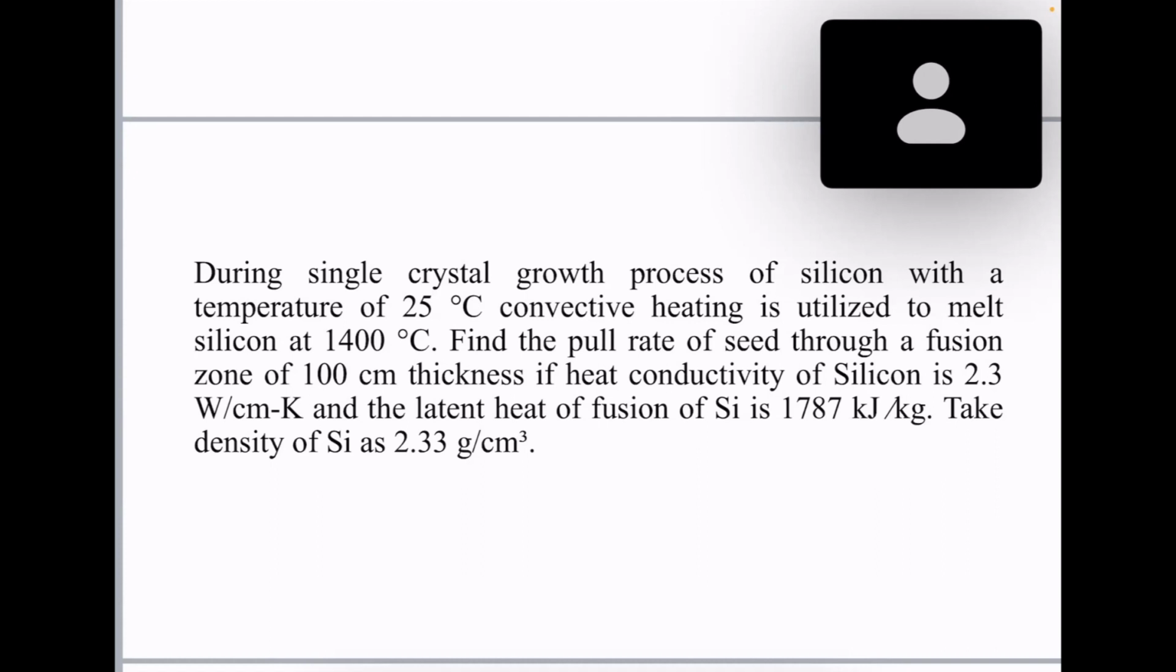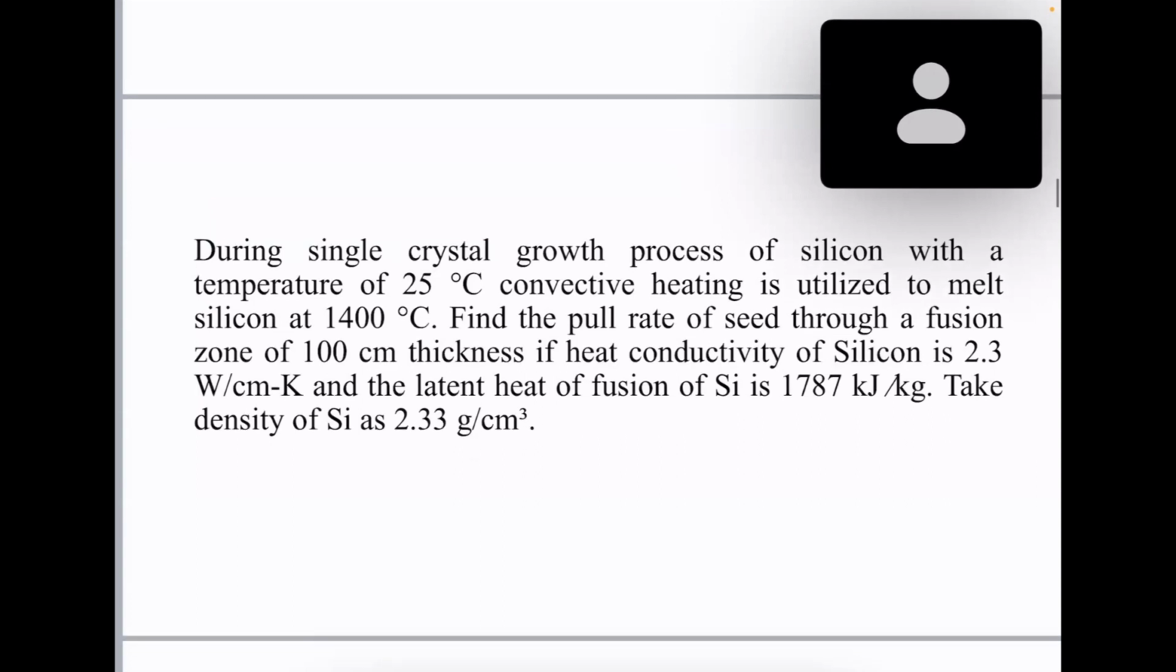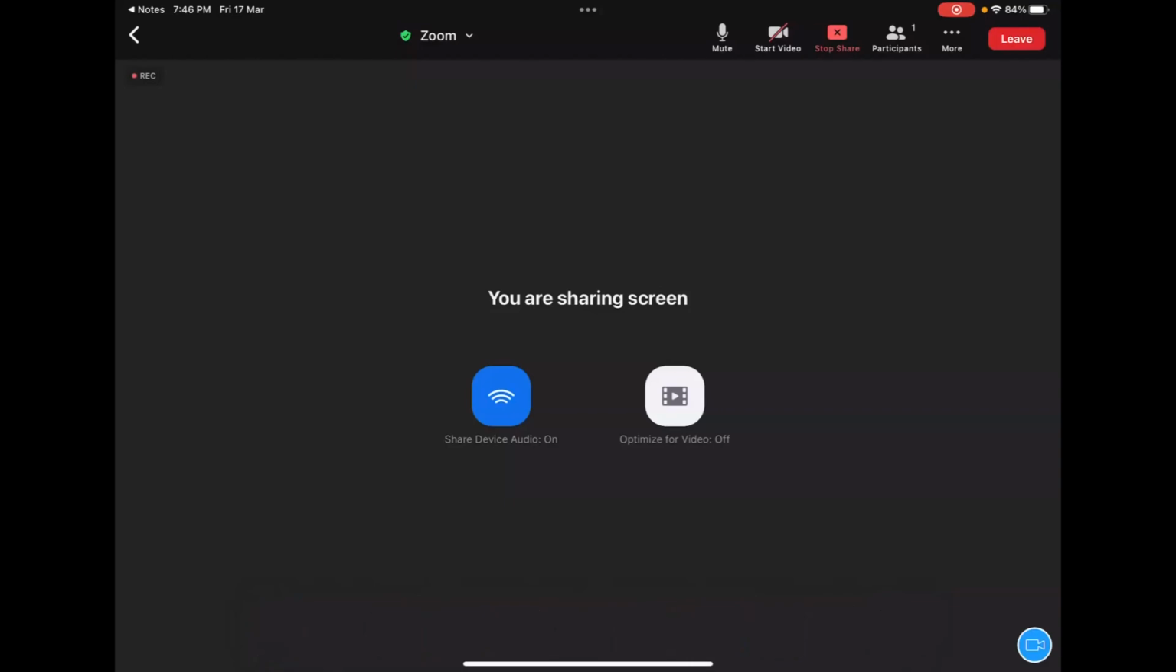Now in this question, they say that your ambient has been 25 degrees centigrade, and the temperature at which the silicon is melt is 1400 degrees. Now you have to find out the cooling rate. If you remember the formulations during Czochralski's method,